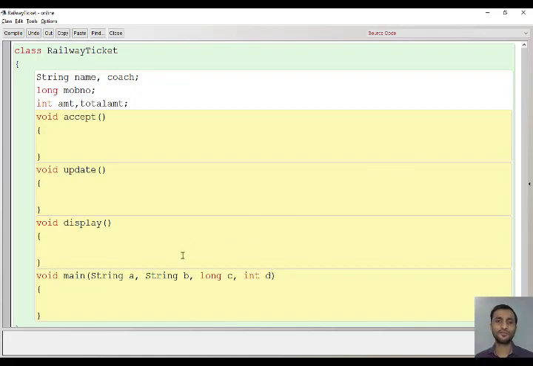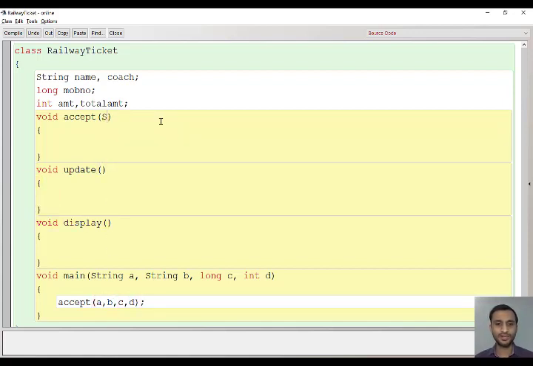Okay, you have taken all the 4 inputs that it has asked, and now we'll call the function accept and send the values. What values? A, B, C, D. You are sending, which means you have to store.